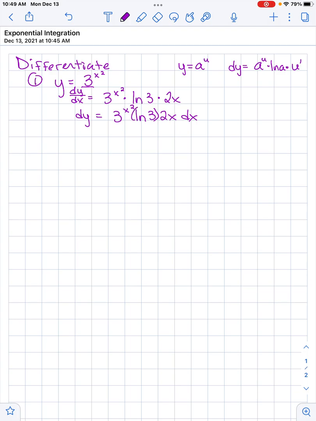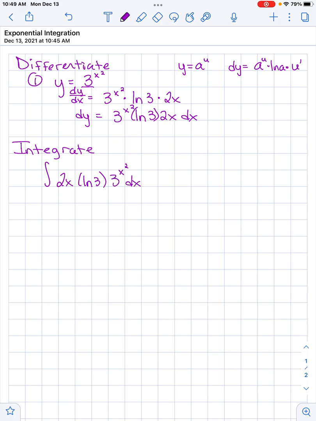We need to think about all of these parts in order to work backward. So let's just take a look. If I ask you to integrate something like this, I'm going to start with where we ended off and rewrite it like this instead: 2x natural log 3 to the x squared